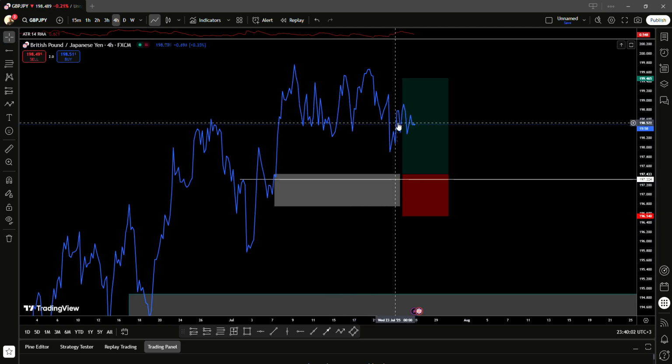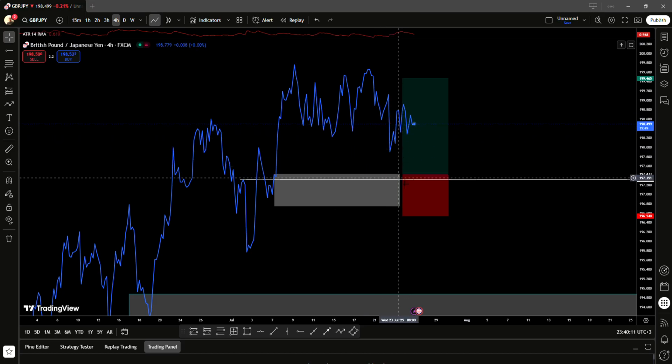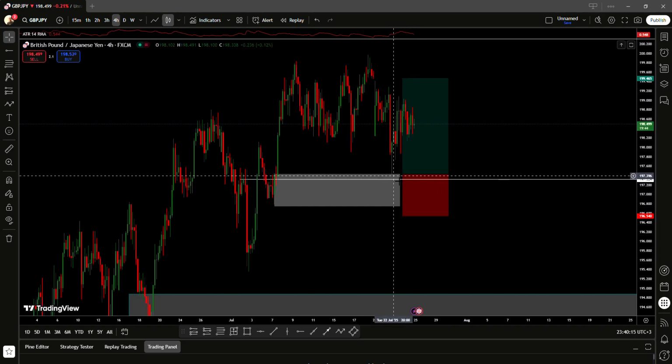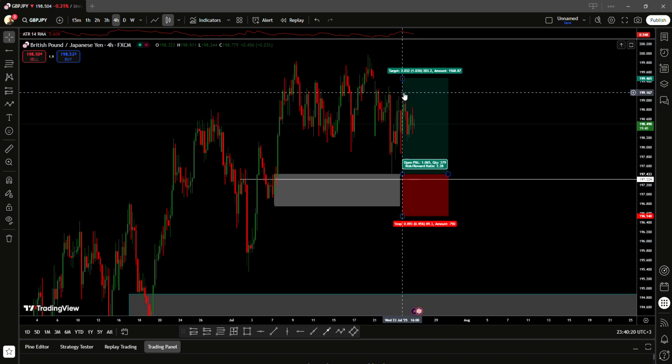That is what happened here. Price ranged, then it came back to this area, so it was supposed to tap here and then go up. It did, but it used only the wick and then went up like we had anticipated. So that is